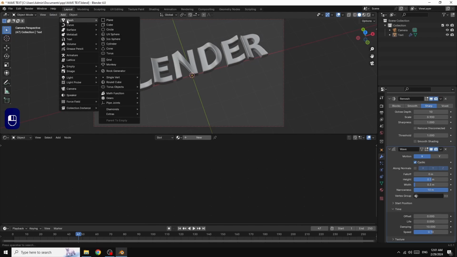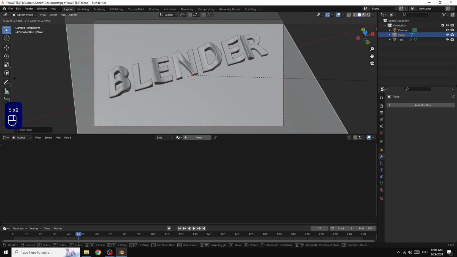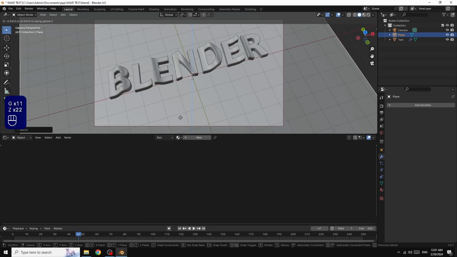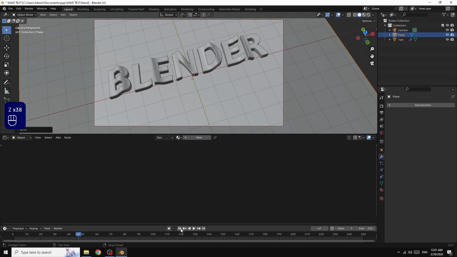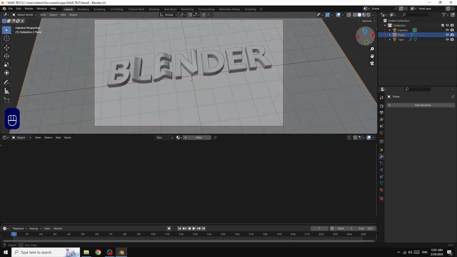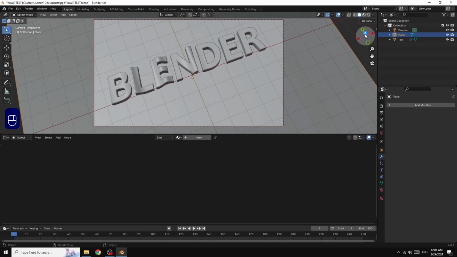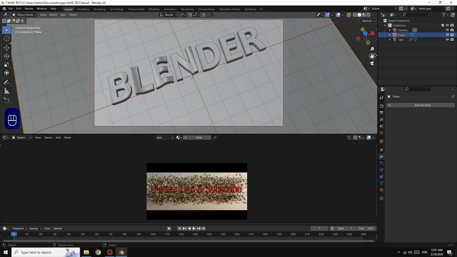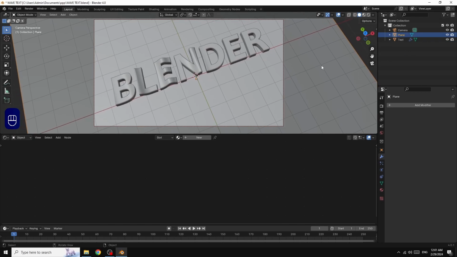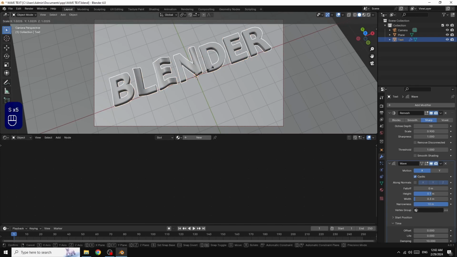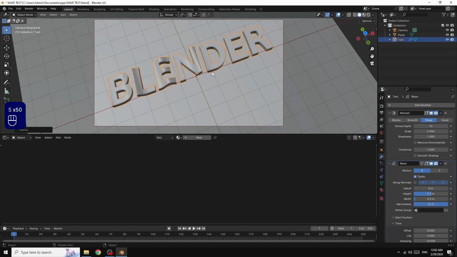Now we add a plane, S to scale it, G, Z down, select the text, S, and scale it a little.